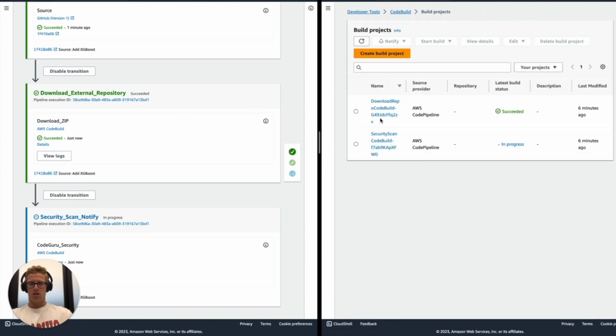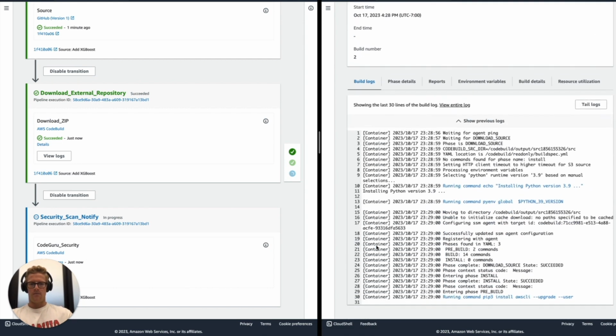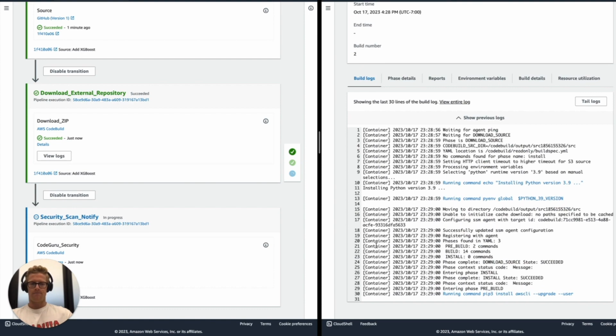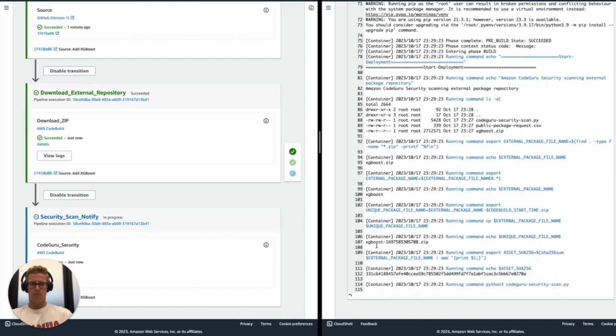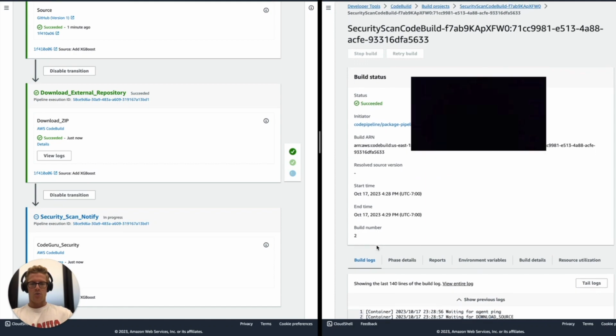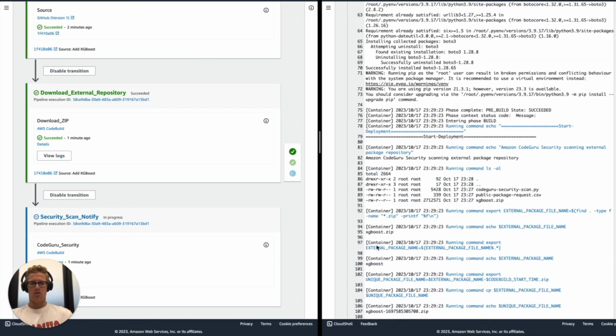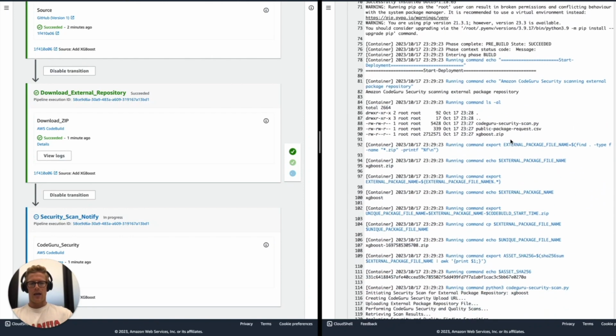That CodeBuild project, if we follow along on the right side of the screen, is shown here by this security scan CodeBuild project that we see is in progress. I'll navigate there and open up the build history along with these build logs. As we explore the build logs for the security scan and notify stage, you will see, again, we have the